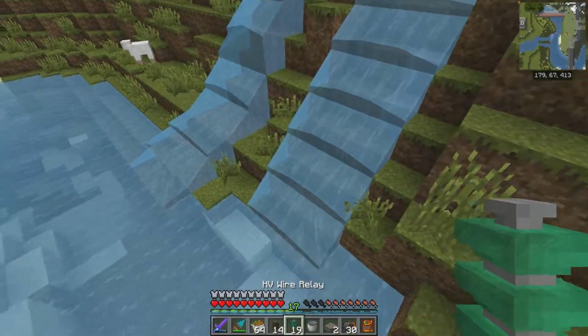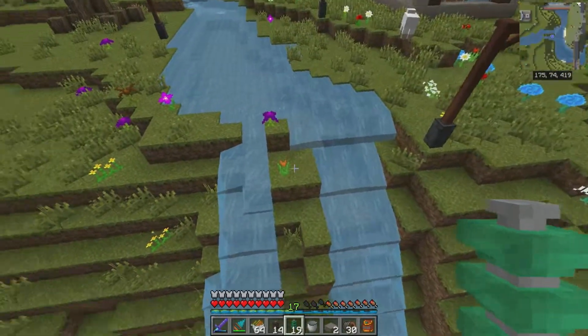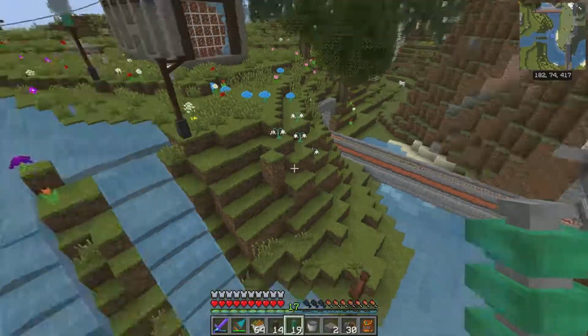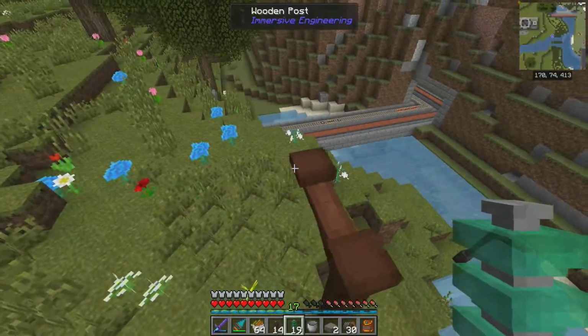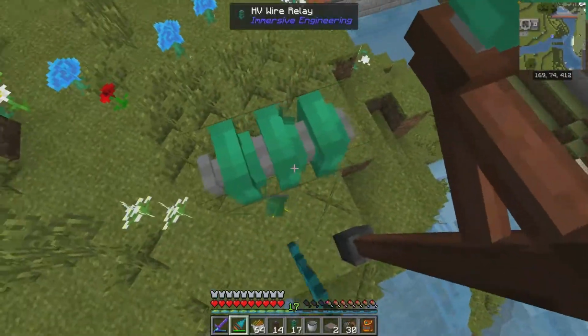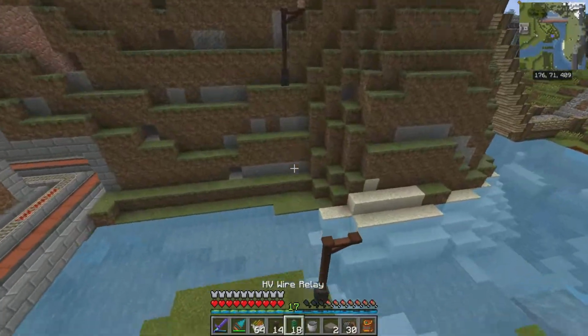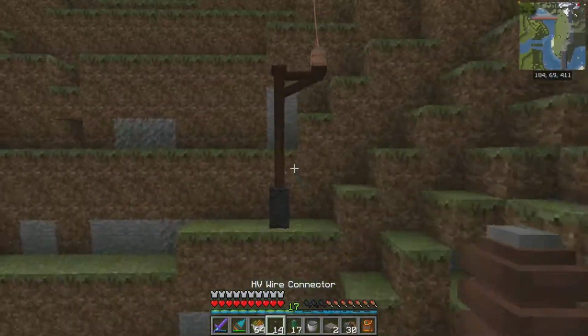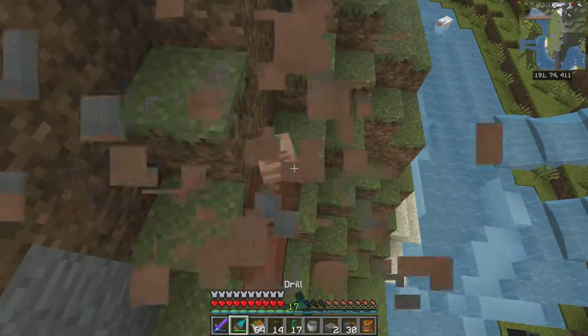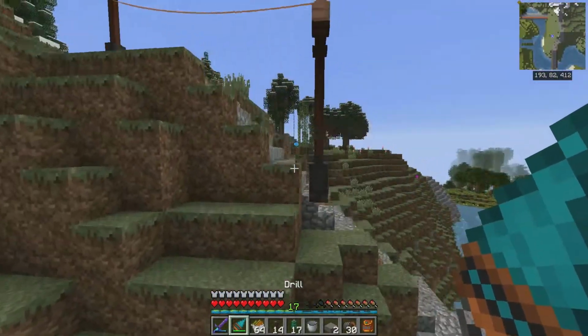I hate seeing flowing water in the middle of a stream. This I love. I still love this stream that we built from day one. Or the early days, rather. The stream I love, but just random flowing water in the middle of the bodies of water does bother me. So let's go ahead and start replacing all of these LV wire relays with the MV ones, or HV rather. So we did kind of just...